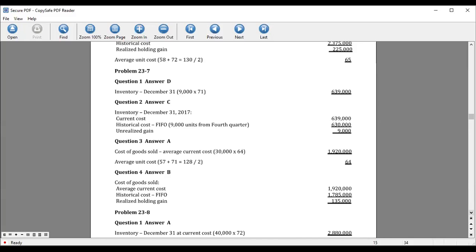Now, how did we arrive at the historical cost of 1,785,000? Of course, we have to use the number of units, 8,000 units in the beginning inventory. We multiply it by, or the total cost of 400